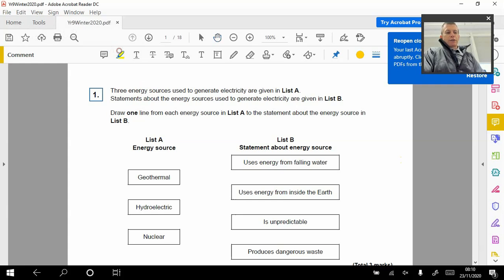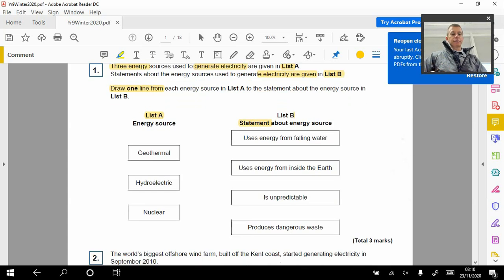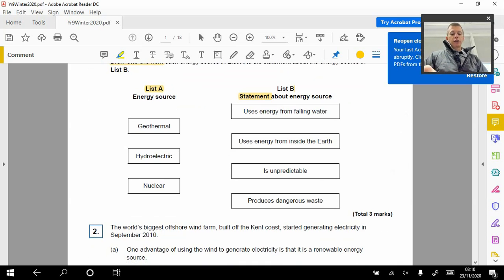So it starts off, it says 3 energy sources I use to generate electricity, and I'm given list A, and here's list A. So I'm making the connection. Statements about the energy sources used to generate electricity are given in list B, and again here's list B. Draw one line from each energy source in the list. It's a statement about the energy source in list B. So just double check, I've got 3 marks, so it means there's going to be 1 mark for each point,